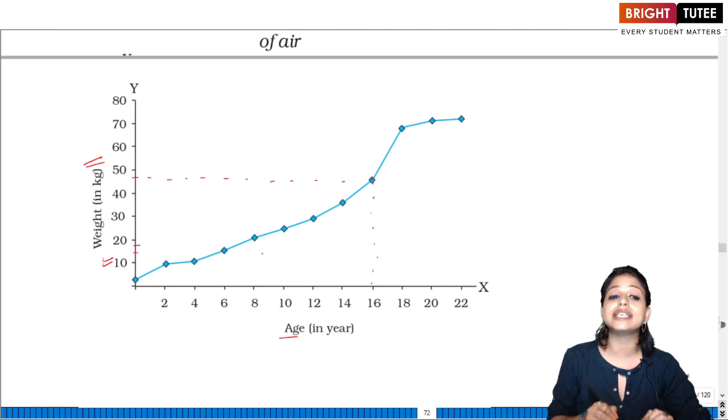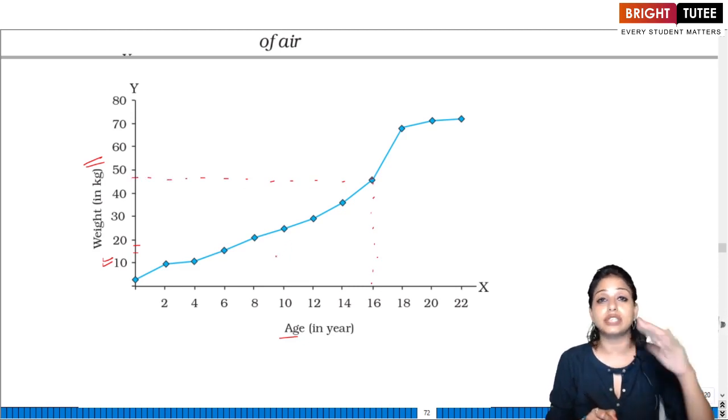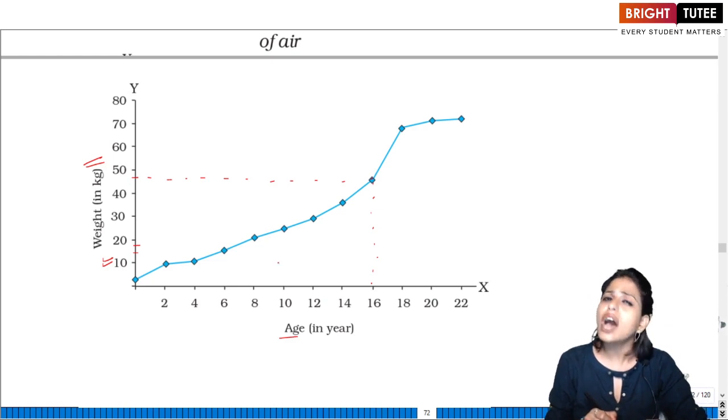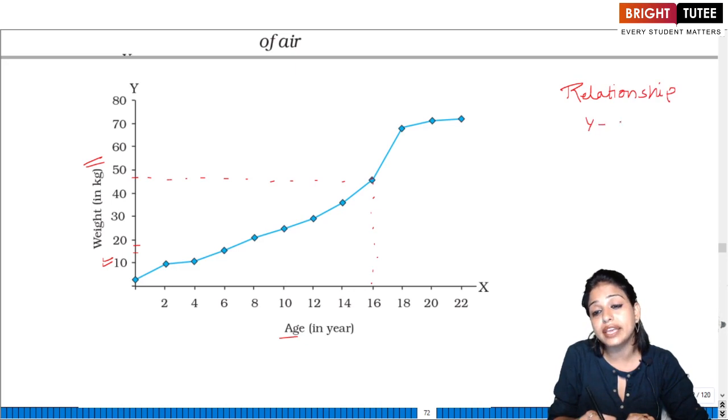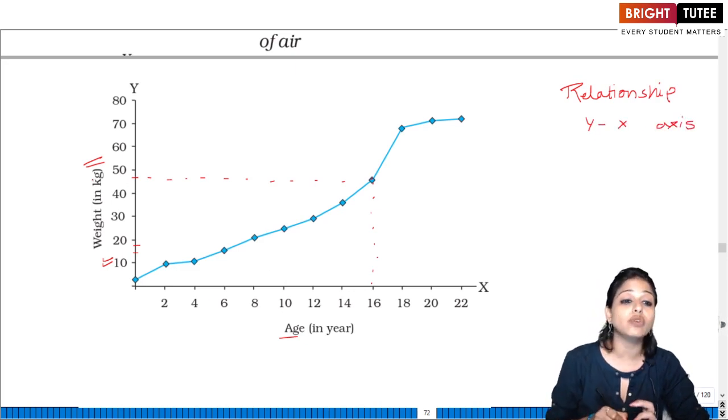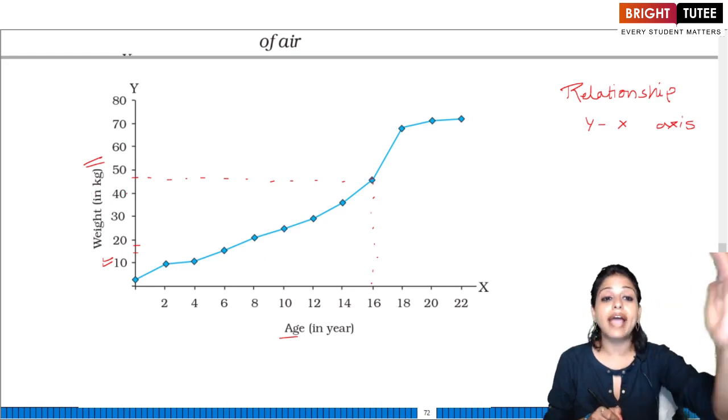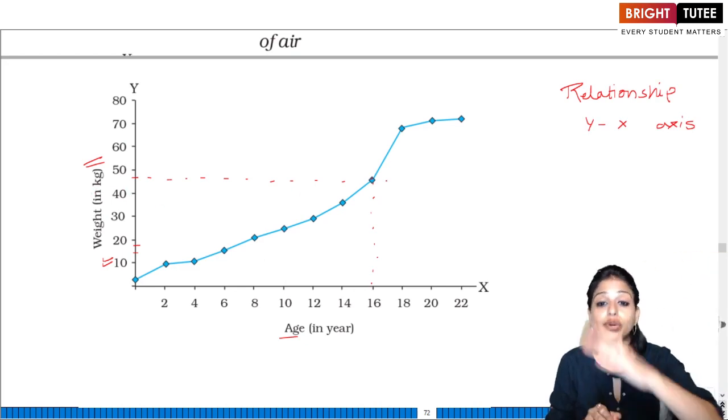At around 16, the weight of the person was around 48 kg. So how does a line graph help us? It gives us the relationship between the two axes, the y and the x-axis. If I know at what age what was the weight of the person, I can compare it during the total